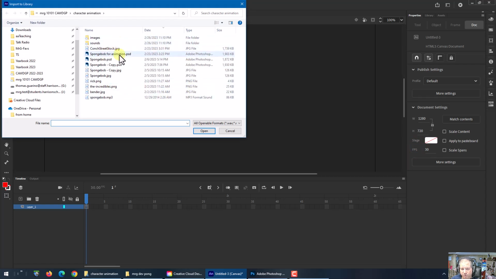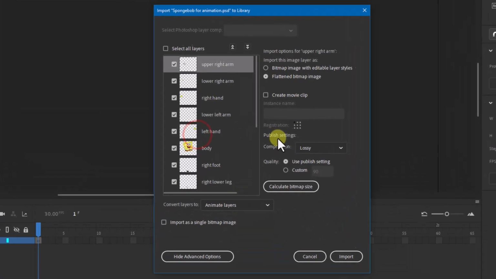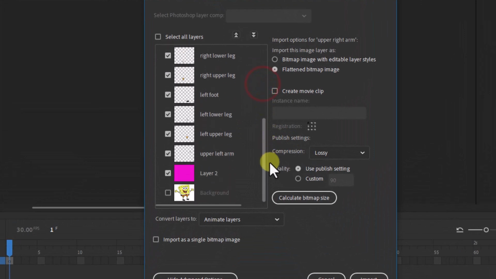So that's SpongeBob for animation. That's what I saved it as. Open that. Here's all my layers. And notice the last time I saved it, I had on the pink layer, so it would bring that in as part of the